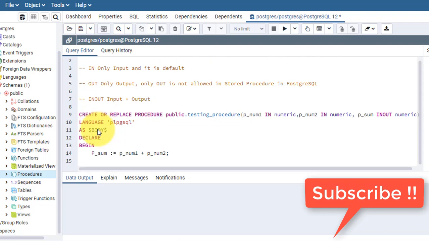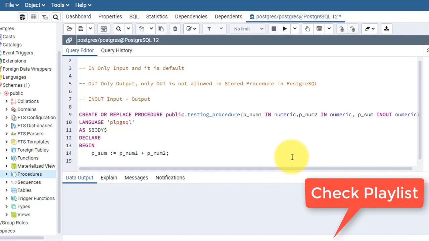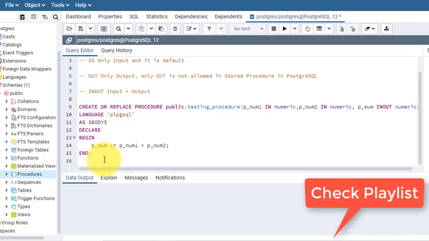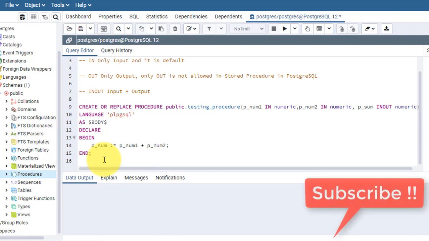After that we don't need to return any value, because the out parameter is already assigned with some value and it will hold the output value. Okay, so now let's end this. I will explain more about these things in upcoming videos, what other options we have in stored procedures and other things.